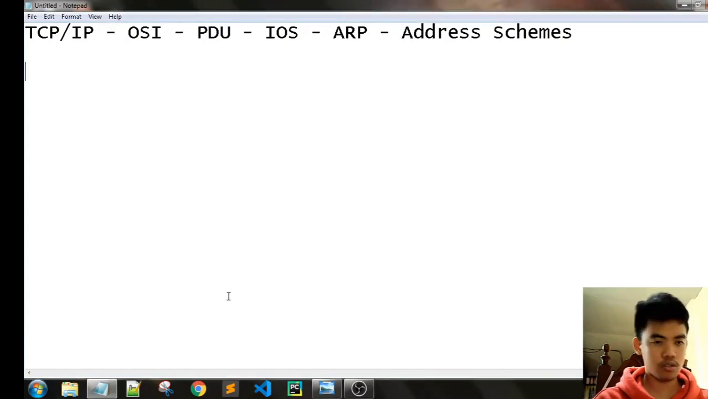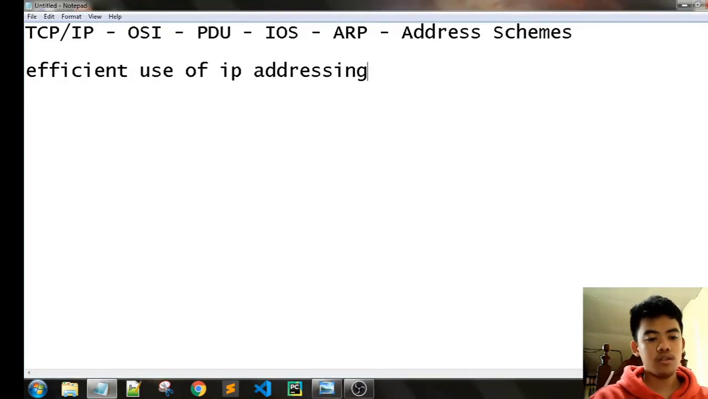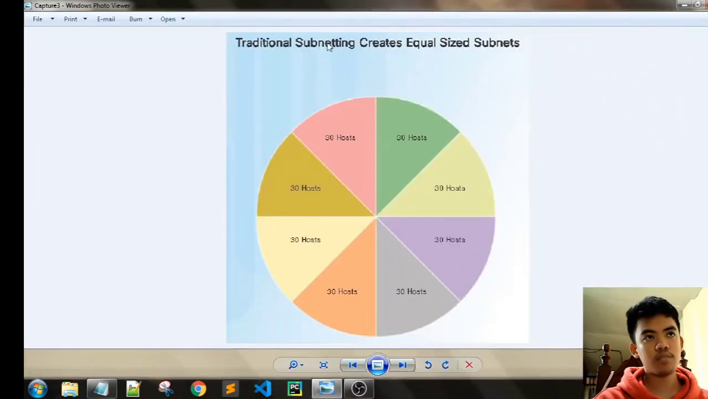So the last topic is address schemes. Address schemes are all about efficient use of IP addressing. In this photo, traditional subnetting creates equal size subnets, meaning equal host addresses in each subnet. For example, we have here 8 subnets with 30 hosts each. If all networks require the same number of addresses in each subnet, this addressing will be efficient. But in real life,